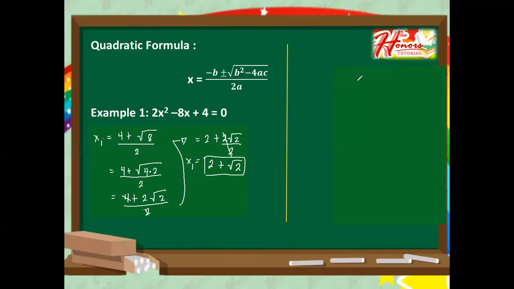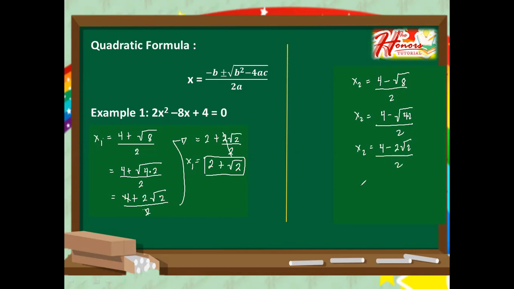For x sub 2, same equation, that is 4, but since we already used positive, it will become minus square root of 8 over 2. So x sub 2 is equal to 4 minus factors of 8, so that is 4 times 2 over 2. And then x sub 2 is equal to 4 minus square root of 4, that's 2, square root of 2